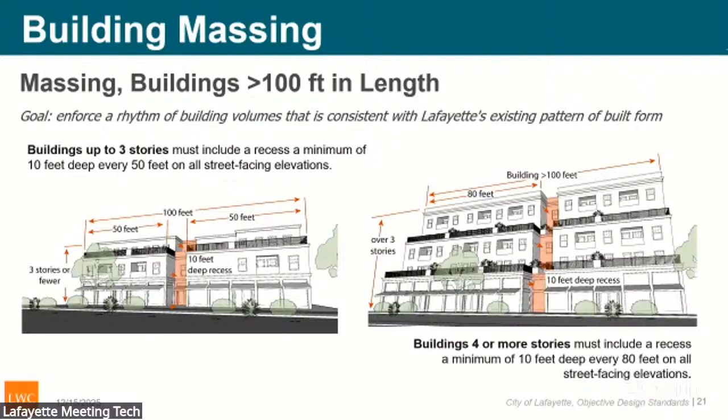It's maybe wise to point out that the graphics in the document each accompany one standard, right? So the images are not intended to be, here is the building that you can build, this and only this. It's the opposite, really. The standards illustrate concepts. So for example, these are illustrating the vertical break in the building. Once you get a building so long, it's got to step in, right? So the frontage isn't too long and it provides some relief to pedestrians and to users of the building.